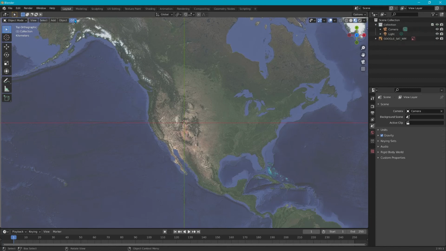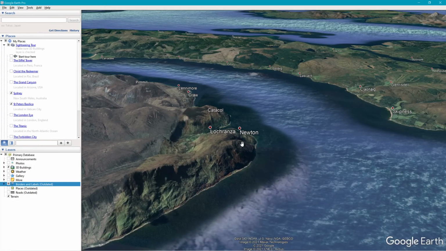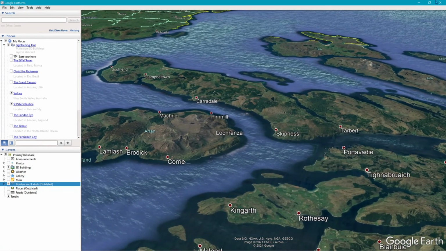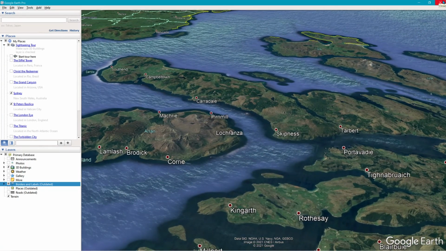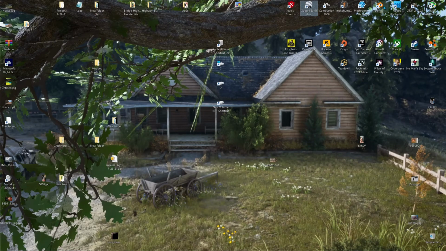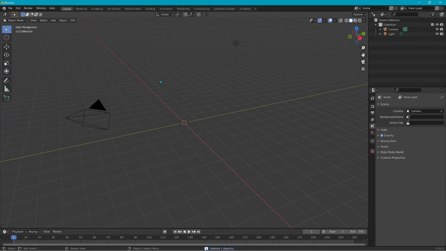Alright, to get the Google Maps to work in Blender, I was just looking on Google Earth, just trying to find some areas. Some of these areas out here are, you could say, flat, or the terrain data just doesn't have good detail for up close. So I want to show you a mountainous area in the United States, which I'm pretty sure will have